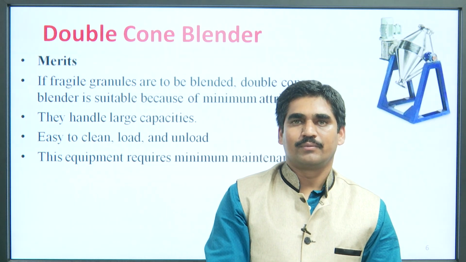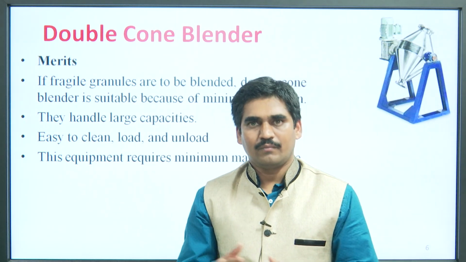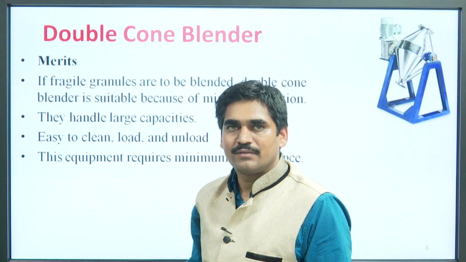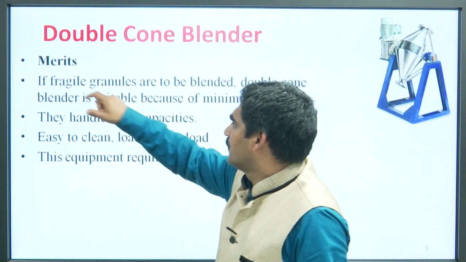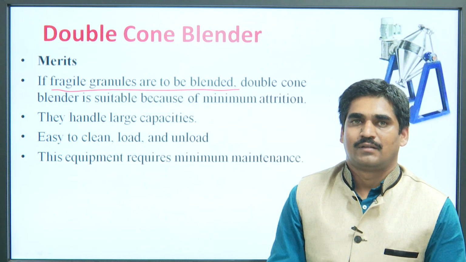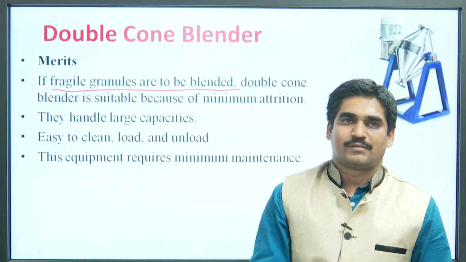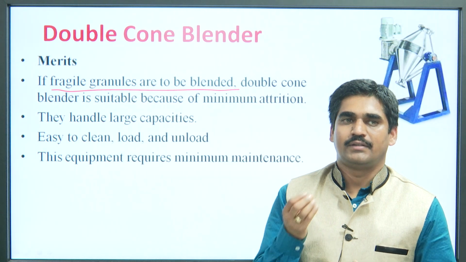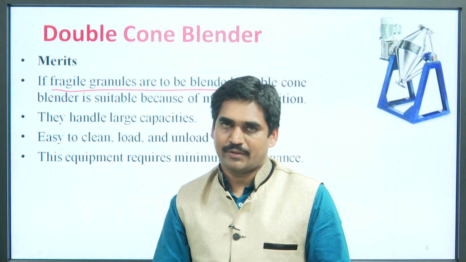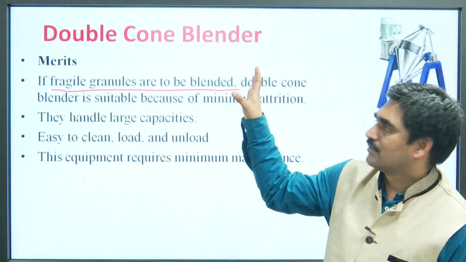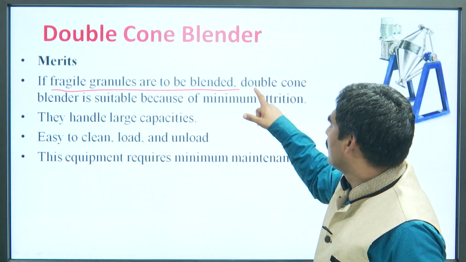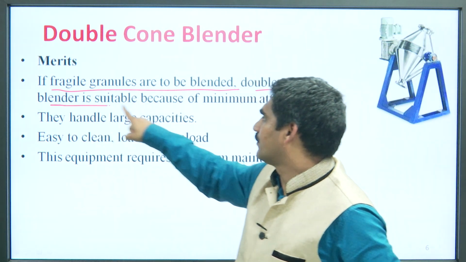Merits of double cone blender: there are some merits, advantages of double cone blender. If fragile granules are to be blended, fragile granules means granules which can be easily broken down by applying a small amount of pressure. So, if fragile granules are subjected to blending, then double cone blender is the suitable equipment